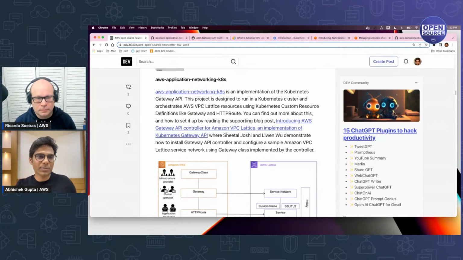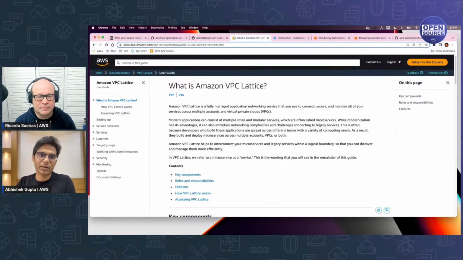Amazon VPC Lattice is a new feature of Amazon VPC, and it gives you a way to connect and manage communication between your native AWS services. They could be EC2 instances, Lambda, or even EKS pods across VPCs or accounts and so forth. So it incorporates this idea of a service mesh, but it's not actually a service mesh.